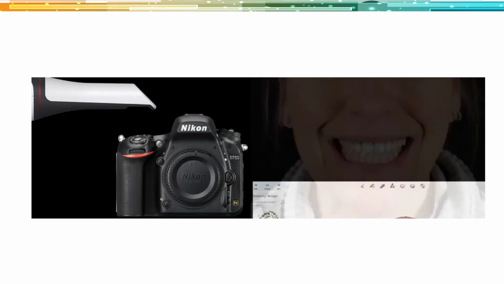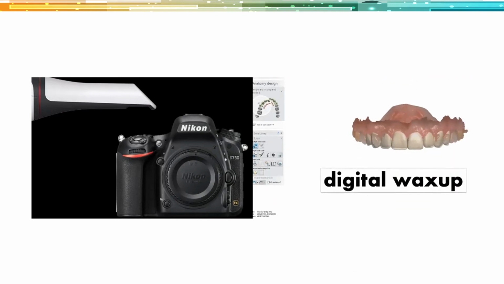And what I wanted to show you different is that we actually do the digital wax ups ourselves now. So, the first case I showed you, I treated 3 years ago. I outsourced the digital wax ups. Today, I actually do it myself because I find that I really like to understand the process start to finish. And instead of trying to communicate to the laboratory, it's actually not difficult at all to learn to do this